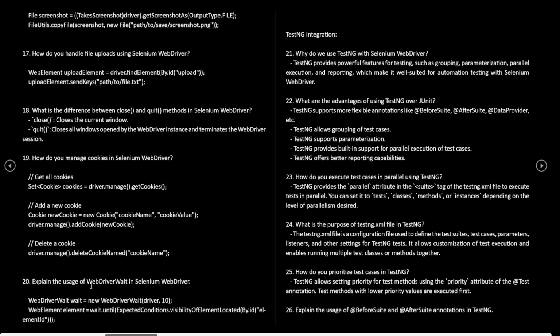Explain the usage of WebDriverWait in Selenium WebDriver. WebDriverWait wait = new WebDriverWait(driver, 10); WebElement element = wait.until(ExpectedConditions.visibilityOfElementLocated(By.id("elementId")));